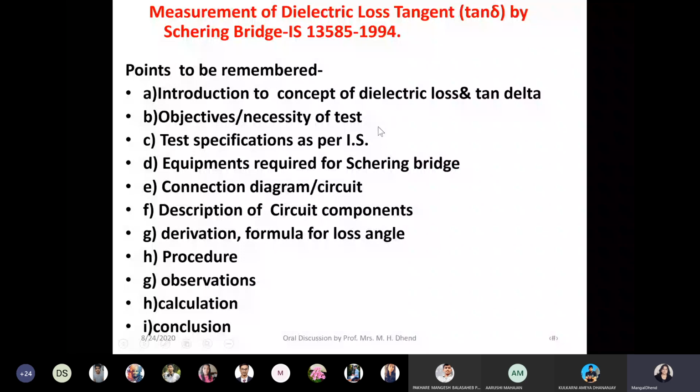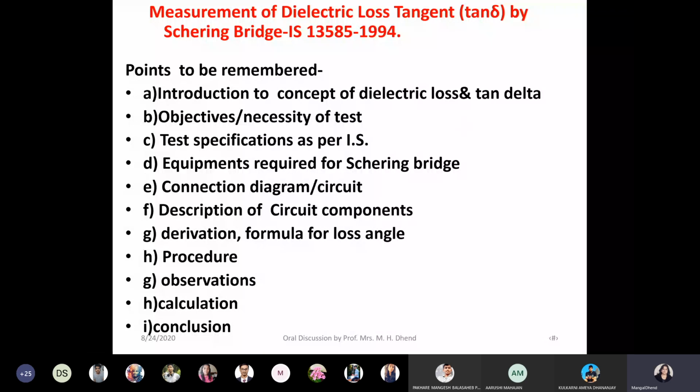Because now you will go to the market and purchase transformer oil. Now you know how to find out the breakdown voltage of the transformer oil. So if it is suiting your transformer rating, suppose the transformer rating in our lab is 80 kilovolt, you will find out the breakdown voltage of the transformer oil for 1 centimeter. If it is withstanding 80 kilovolt, then only you will pour that liquid in the transformer. So you will check dielectric strength when purchasing, and if it is found suitable for your transformer, then only you will pour it.